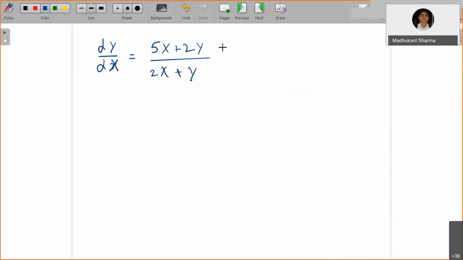Now the constant term will get 0 automatically, that you can verify. Sir, is it compulsory to find values of h and k? Because if you just put small x as capital X plus h, h will get cancelled. Not cancelled, but that 5h plus 2k plus 1 equals 0. So we don't need to find the value of h and k.